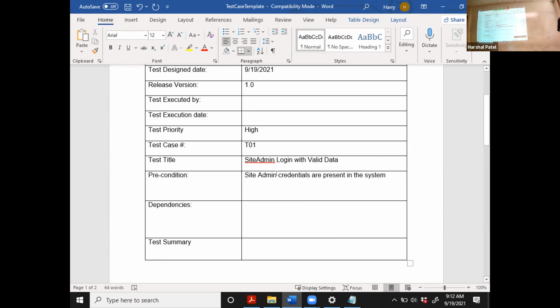So that's what it means, that credential is account ID, user is present in the system. So this is a prerequisite. Now, it's not going to depend on anything else. Everything is in the system, right? The summary, you can just say,